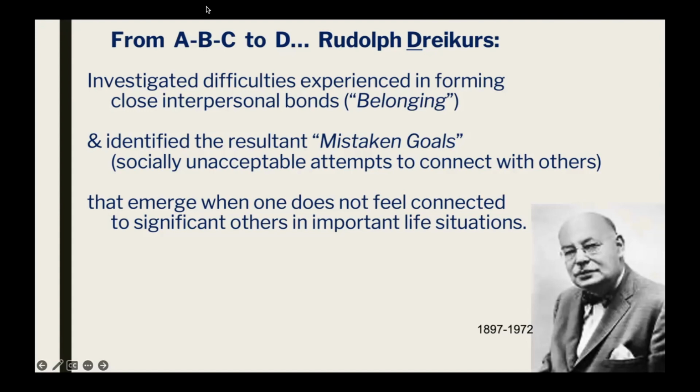The misbehavior is a result of the student's mistaken assumptions about how to gain acceptance and how to gain social status within the group. So initially, the student tries to bring attention to oneself and then be accepted and valued by peers or maybe the teacher. But if those forays are rejected, people see that attention-seeking behavior as not cool or inappropriate, then the power mistaken goal results.